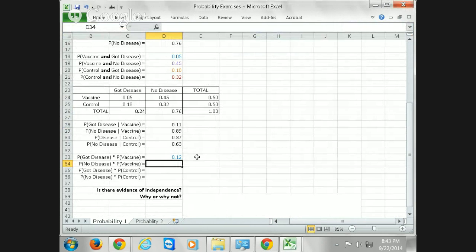So it's the probability of getting the disease out of everyone times the probability of getting the vaccine out of everyone. So pretty much it's going to be 0.24 times 0.5, 0.76 times 0.5, 0.24 times 0.5. So this next one is the probability that they did not get the disease, 0.76, times the probability that they got the vaccine, 0.5. So in this case, because it's a 50-50 chance for one of the two variables,